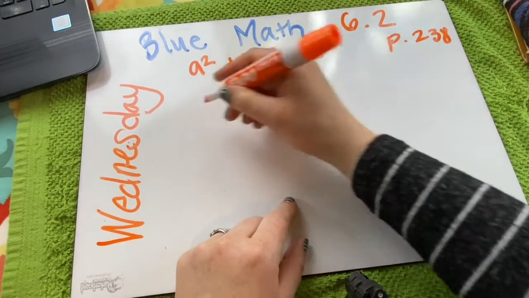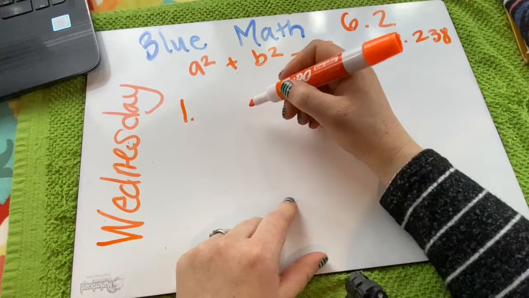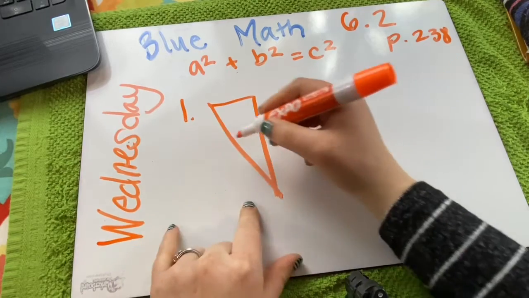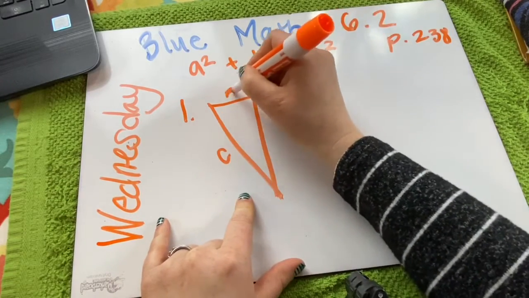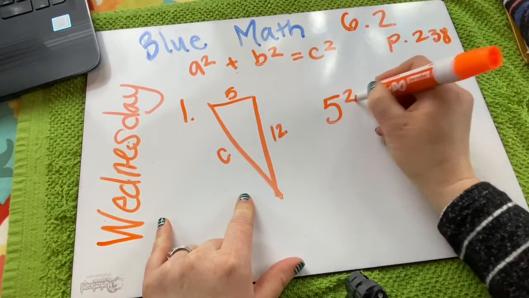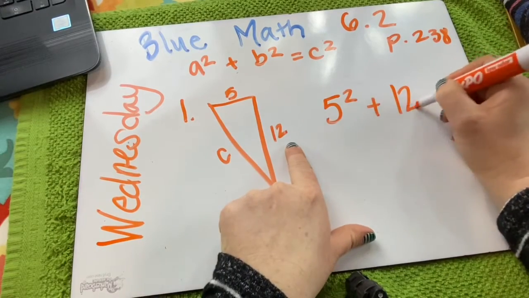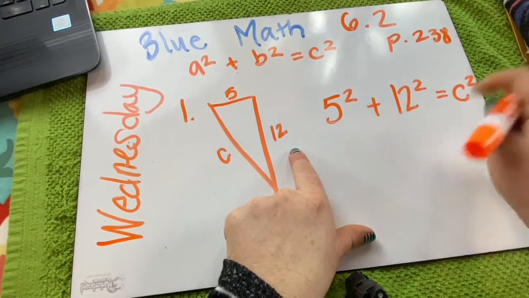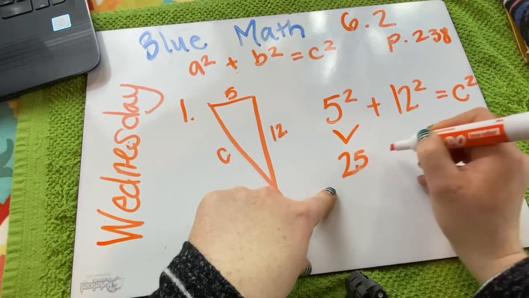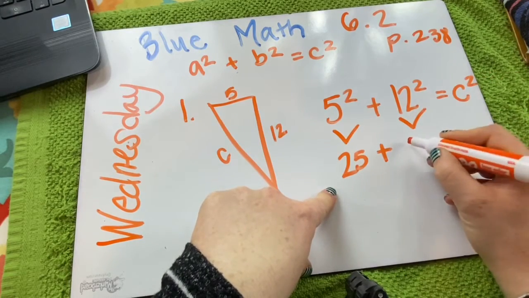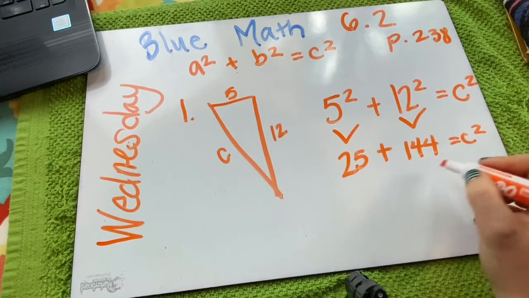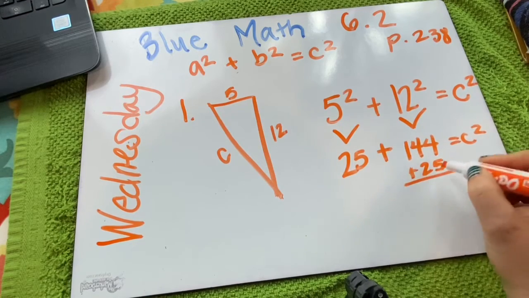Okay, so number one, it says that they have a wonky. Okay, so this is the longest one. So like I said, this is c. And they said this one's 5 and this one is 12. So we're going to set this up. A squared is 5 squared plus 12 squared equals c squared, right? Okay, so 5 times 5 is 25 plus 12 times 12 is 144 equals c squared, okay? So now we have to add 25 here. Okay, that's